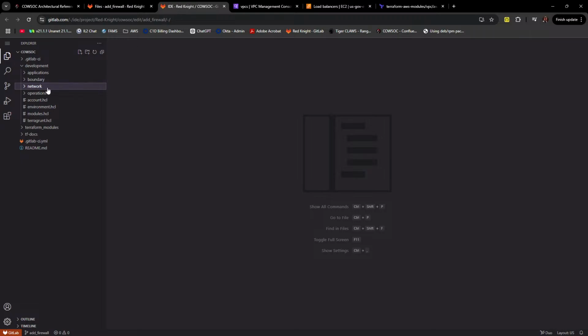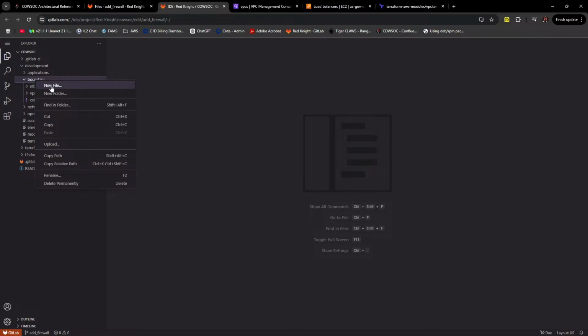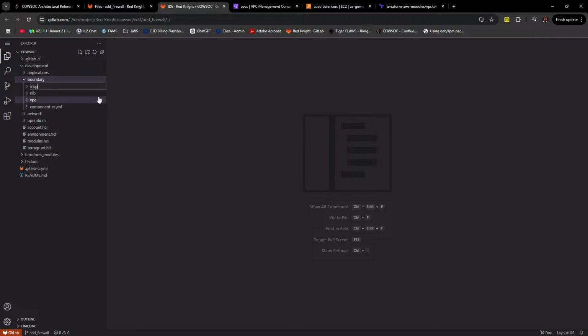That's where I'm going to create the set. So underneath the boundary, I could call it firewall, but I think I'm going to call it inspection because it's more than just the firewall. It's going to be several things. So I'm going to create an inspection folder,